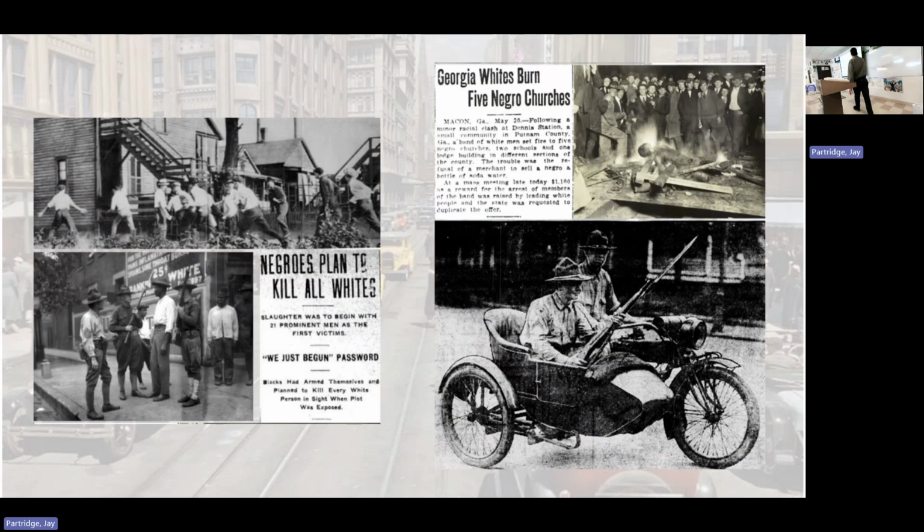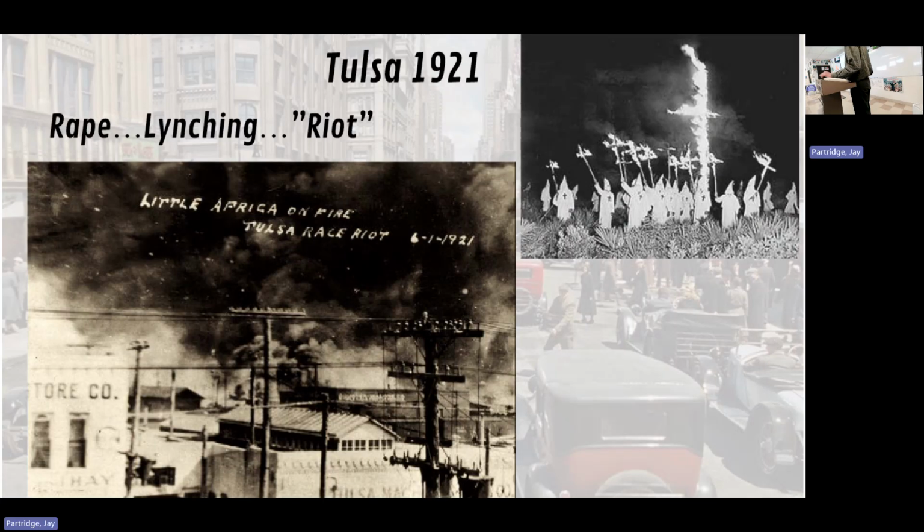And so here, this National Guardsman in New York City, churches being burned. That is a lynching of a man in Omaha. And this was put out in newspapers in white majority neighborhoods where Negroes were planning to kill all whites in Chicago. Not true. They put that out there to terrify people, to get them riled up. Red Summer, over 500 people would be killed, mostly African Americans. It would culminate in one of the most violent events in American history.